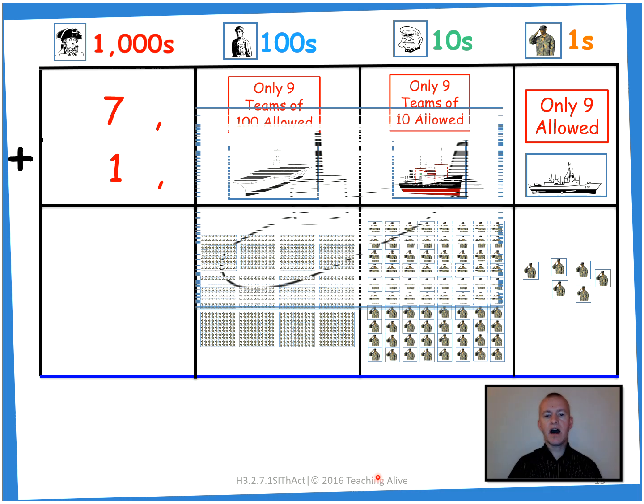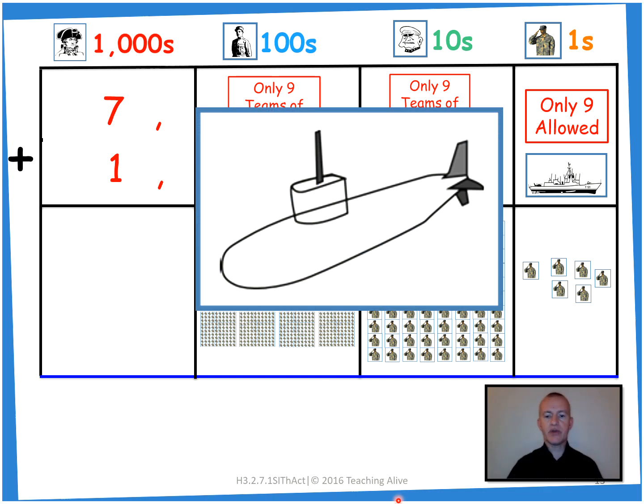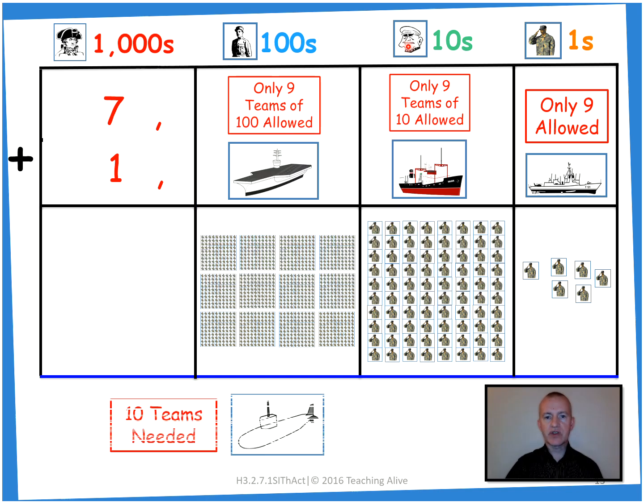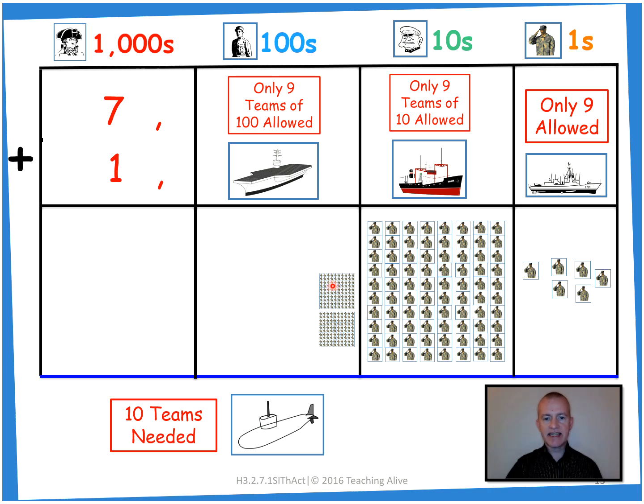This is where our submarine regroup comes into it, and we can group with our hands. We can send some of our hundreds over to the next column. Our submarine has a rule as well, and 10 teams are needed to fill it. So 10 teams of 100, I'm going to count them out and they'll disappear. Ready? There's my 10 teams disappearing, and I regroup them to form a cube team of 1,000, which we